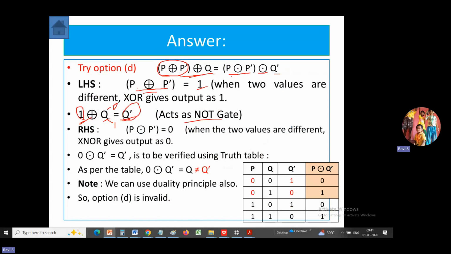Now let us simplify the right-hand side. P XNOR P bar means a variable and its complement. That means 0 XNOR 1, so what will happen? The output is going to be 0, because when the inputs are different, the output will be low. So the expression P XNOR P bar simplifies to 0. Now take 0 here and consider the remaining operation: XNOR with Q bar. If we do 0 XNOR Q bar, it should be equivalent to Q bar according to the left-hand side. But if you verify here,